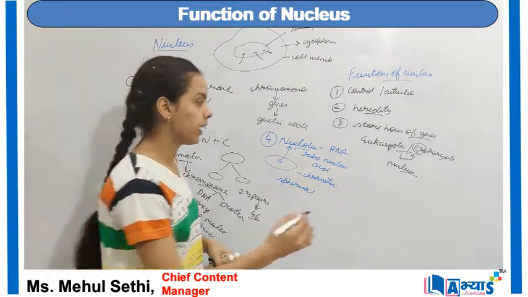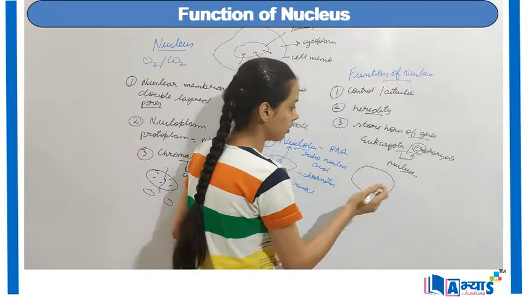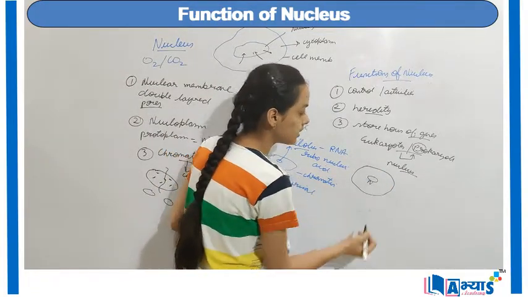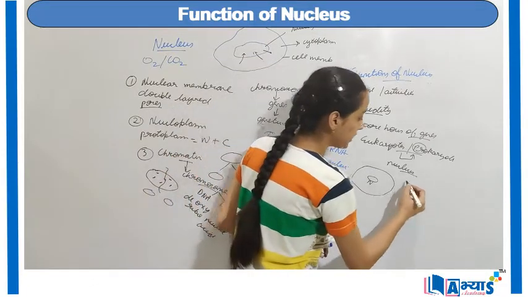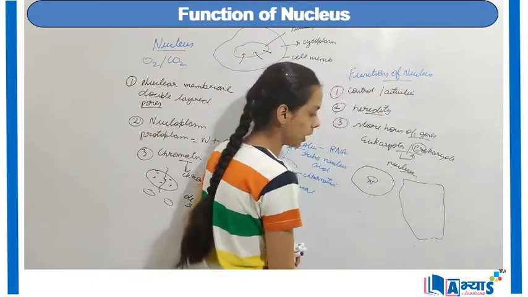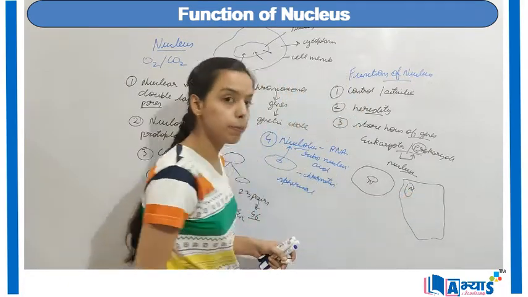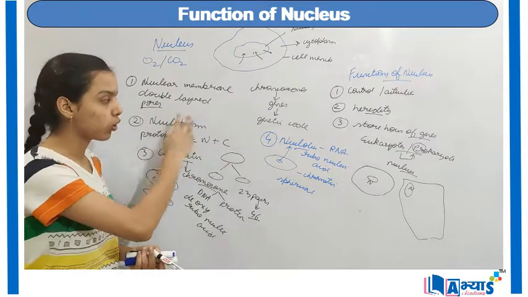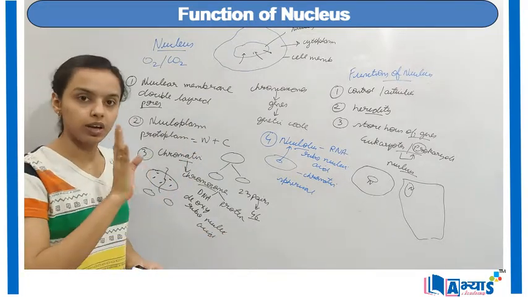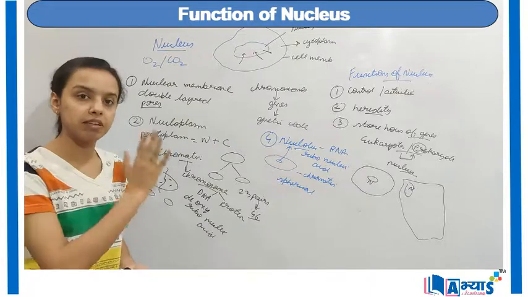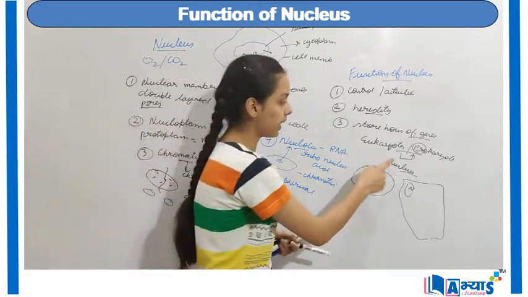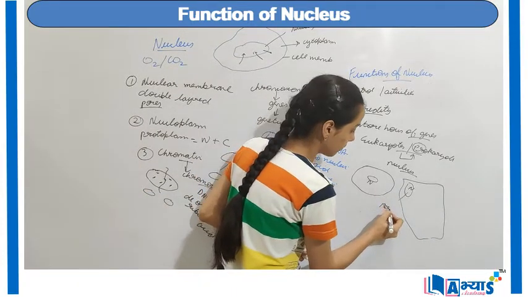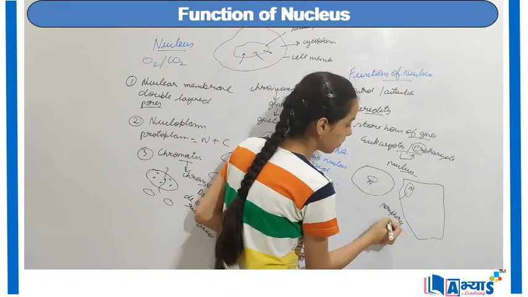So you must also know that if we have an animal cell, which is basically the type of a eukaryote, the nucleus lies at the center. But if we have the plant cell, which is almost rectangular in shape, we have the nucleus at the periphery. So in the animal cell, we have the nucleus at the center, which has all these four parts, and in the plant cell, we have the nucleus at the periphery. That means in the plant cell, we have the nucleus at the boundary. Periphery means it is in the boundary.